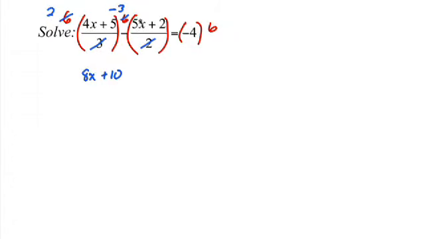Right, and that's the most common mistake we'll see. Students will multiply the 2 by the 4x, but then not multiply the 2 by the positive 5, and the same thing. However, if you don't make this mistake, then I'd be willing to say you're probably home free on this particular equation. That's the mistake we're most likely to see. Once you get to this point, we feel pretty comfortable that you're going to make it through the problem. It's just getting to that point.